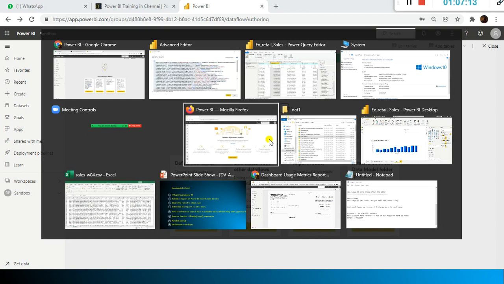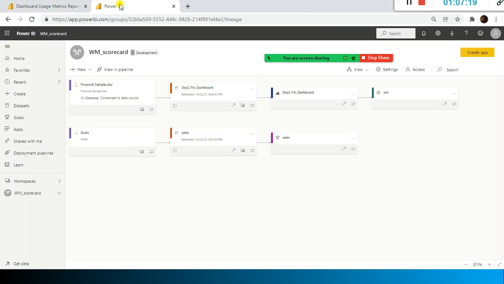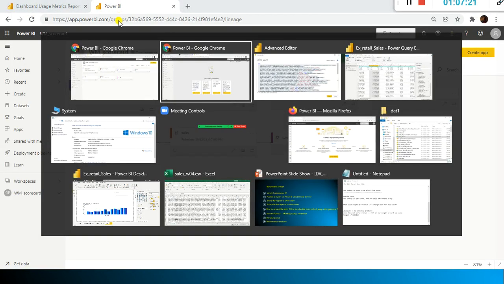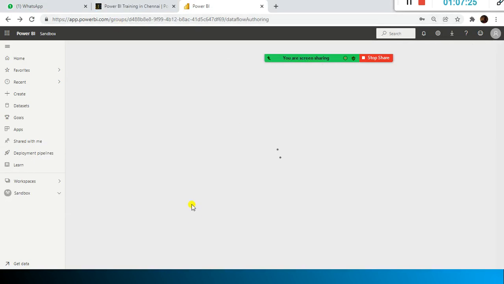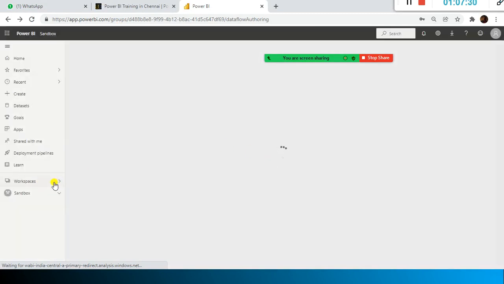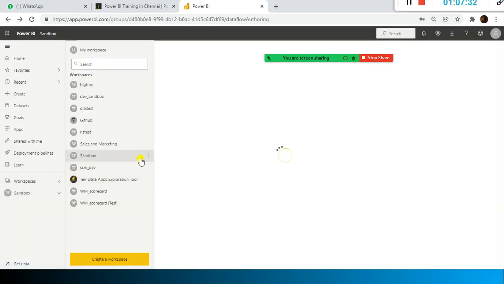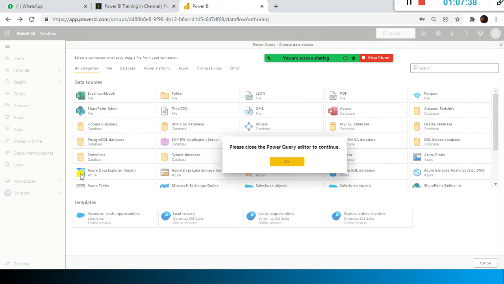It is getting closed. I'll just go here. I think I saved it, right? It should be there somewhere. No, I did not save it. Yeah, one second. Sandbox, right? Let me open the sandbox.